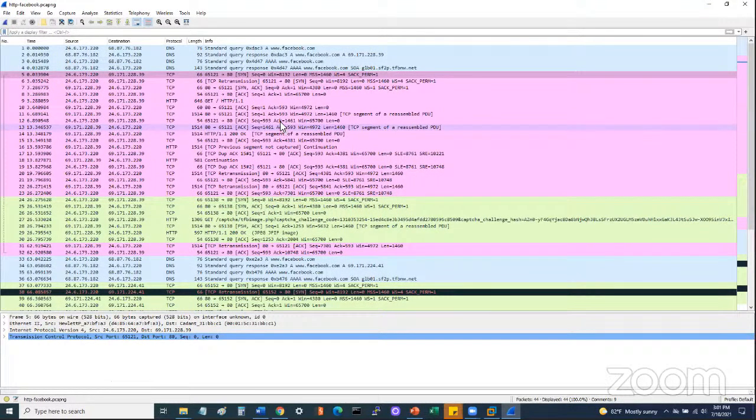So if someone is able to listen to traffic on your network, no one will actually know. It's not like this is me just eavesdropping on the conversation through Wireshark. A person who's looking at the network is not going to be able to tell that I'm listening to the traffic. So this is not an active method, right? You can find out a lot of information just from listening, not necessarily interacting or sending any packets, but just listening to the packets that are being sent on the wire.